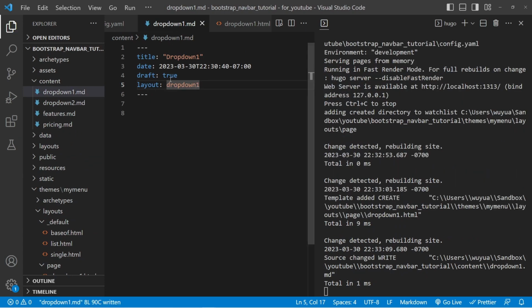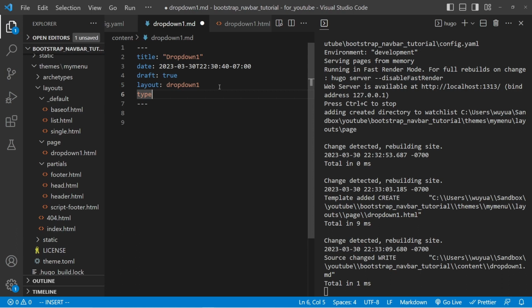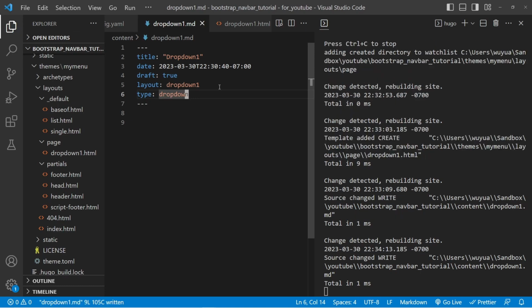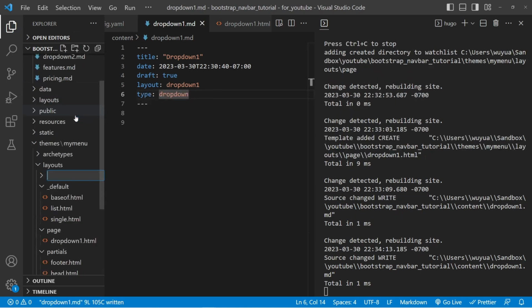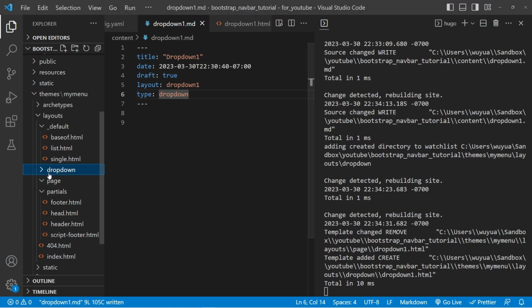Each markdown file has a type, and that's how you determine where to look for its corresponding layout file. And by default, it will look into the page folder within your layouts. If you want to place the HTML file into a different folder, then you will want to define what that type is. In this case, if I call it dropdown, then you will create a new folder under layouts called dropdown and place the dropdown1.html in your dropdown folder. So now, in this case, if I save this